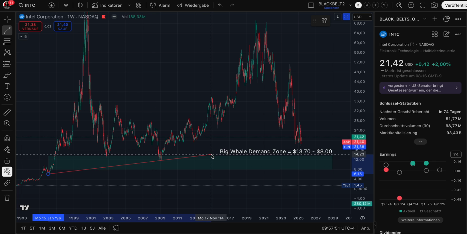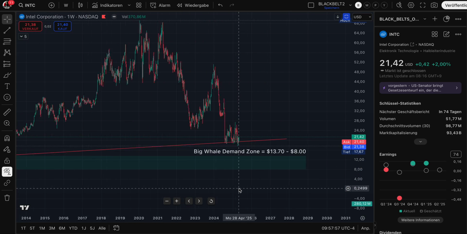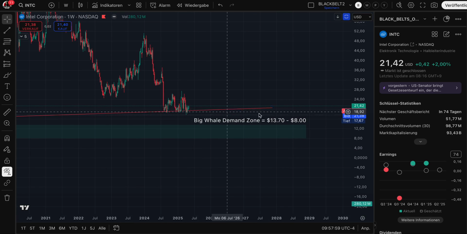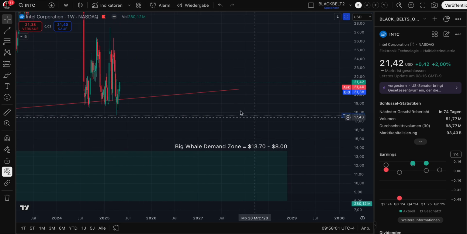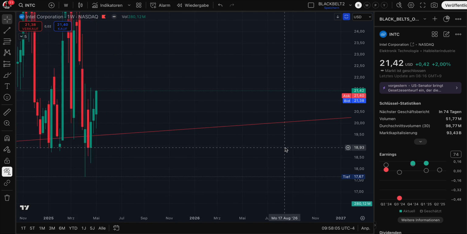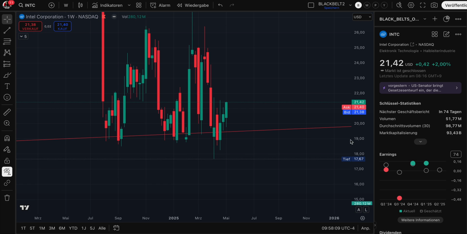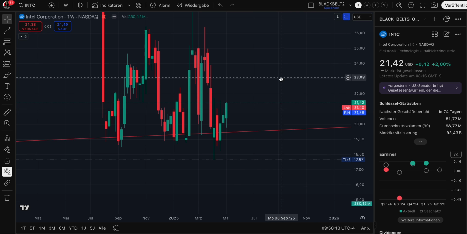But if I just focus here on the lowest possible prices and draw a very simple line, then you can see that Intel just touched this support price level. I just drew this line without going into detail, but this is not a coincidence, guys. That's why I can tell you, please don't focus too much on news. It is very helpful if you also have fundamental information about a stock.